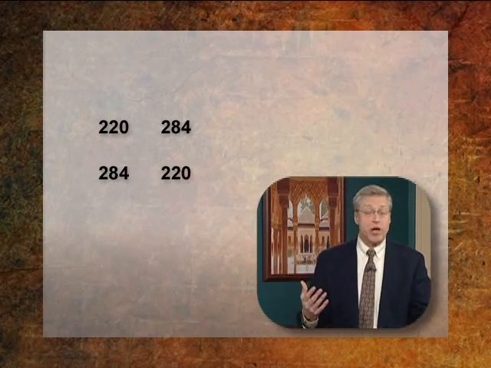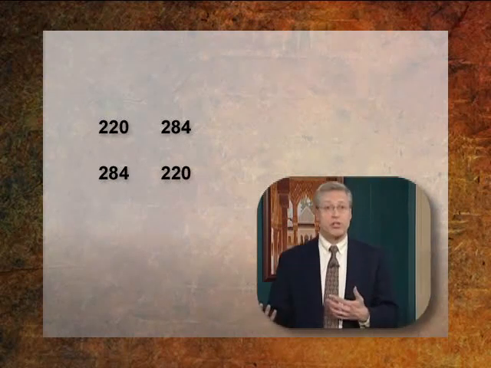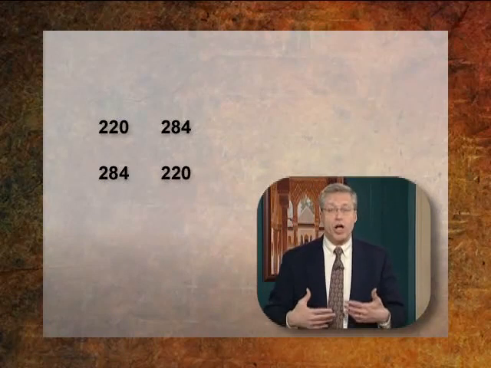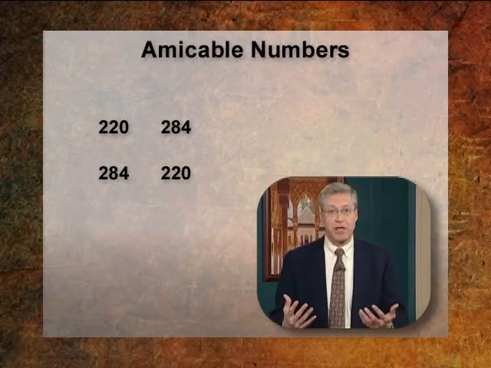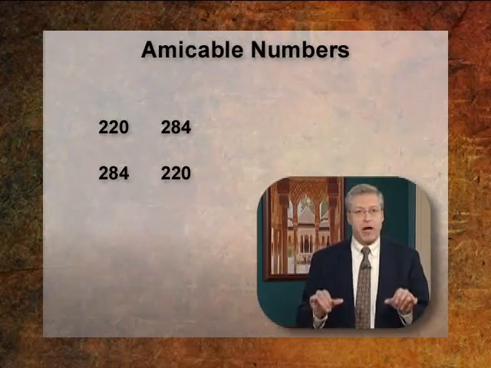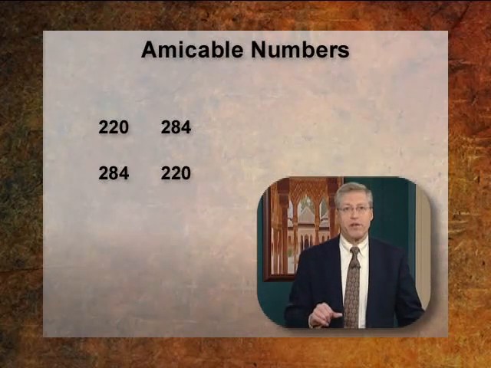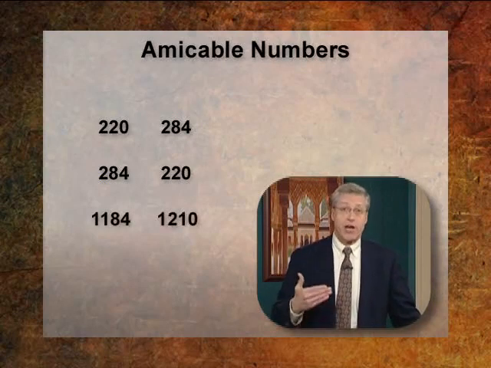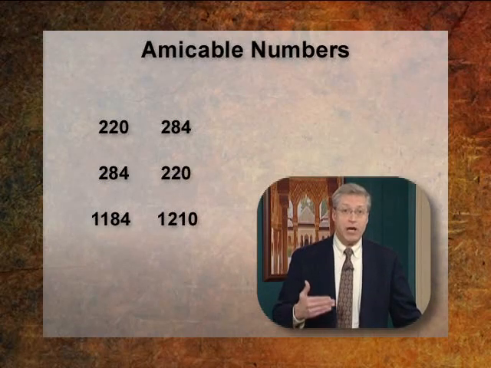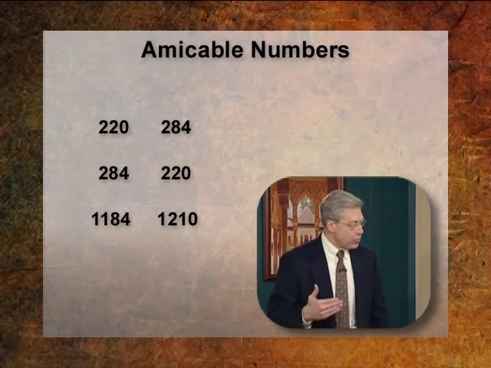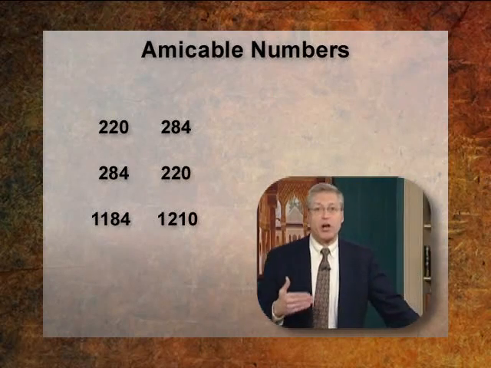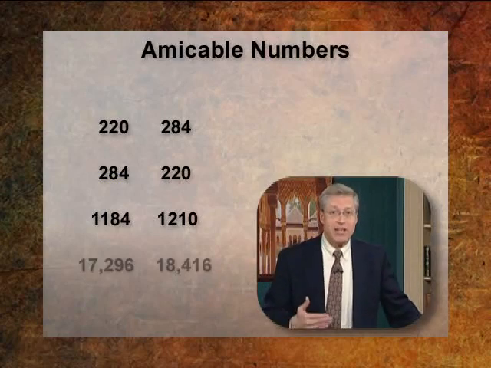220 turns into 284. 284 turns into 220. These are called, and they were called by the Greeks, amicable numbers, friendly numbers. The Greeks found this pair, 220 and 284. They also found another pair, 1184 and 1210. And it was Thabit ibn Qurra who went on and found the next pair,